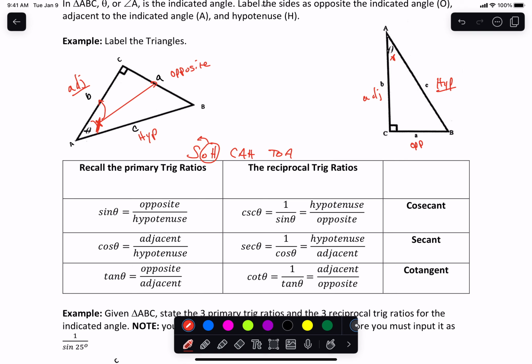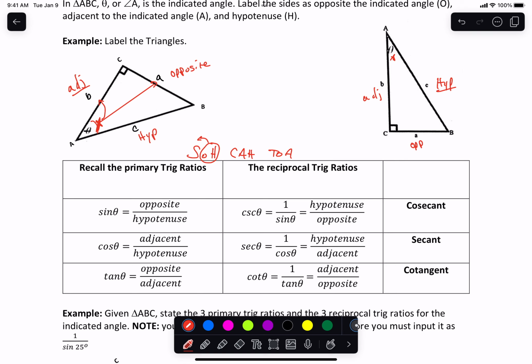What's another word for a ratio? Equal bars? Almost like a ratio is going to be like a fraction, right? Maybe not the best question, but a ratio is a fraction. A fraction of what? Or a comparison would be another way. It'd be a comparison of the opposite relative to the hypotenuse. And so another way to write SOHCAHTOA, if this helps some of us, would be to go